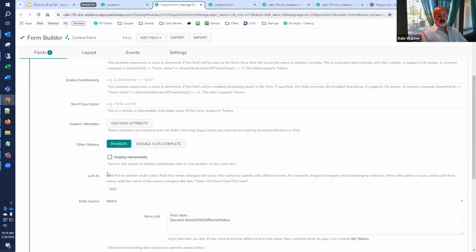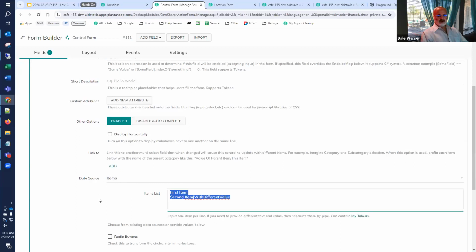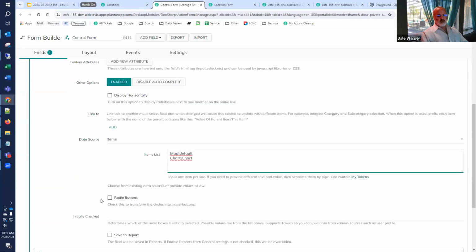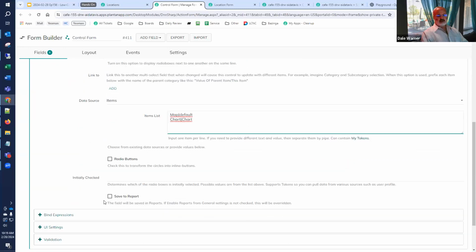So the items that we have here are going to be things like we want to display it as a map, which has the value of default, or chart, which has the value of chart. So the user is going to be able to pick one of those, and